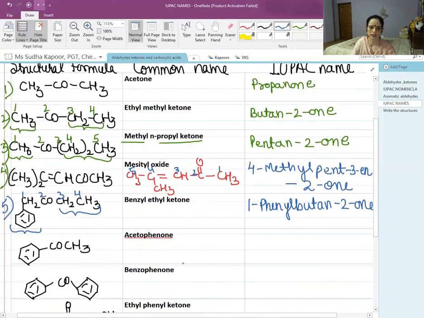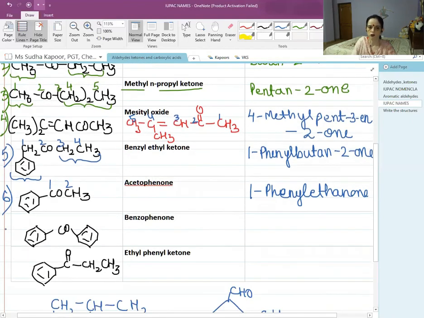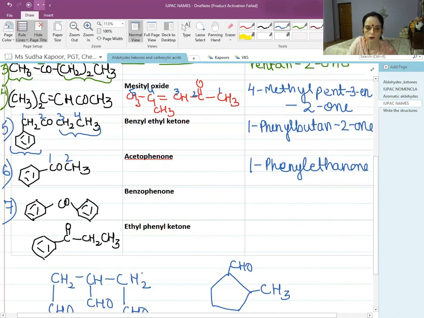Now the sixth example. Sixth is acetophenone, one that we have heard of in class 11th also. Again, the number is to be given at the smallest part. It is 1-phenyl ethanone. 1-phenyl, 2-carbon ketone here becomes ethanone. Now in this case, on both sides it is the phenyl part which is present, commonly known as benzophenone. So in this case, on both sides the phenyl groups are present, so it is known as diphenyl. 1 carbon is methanone.